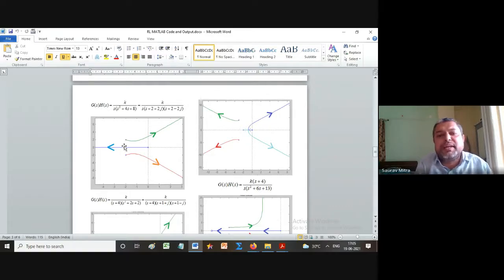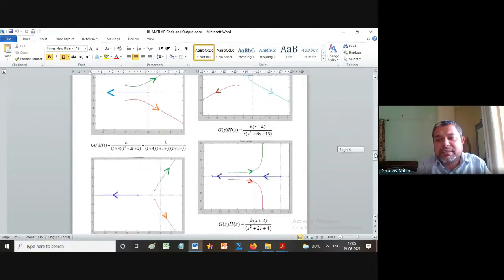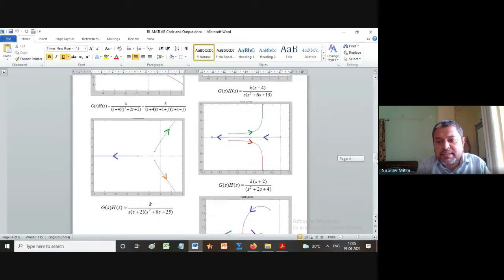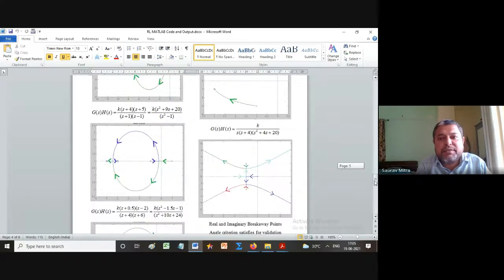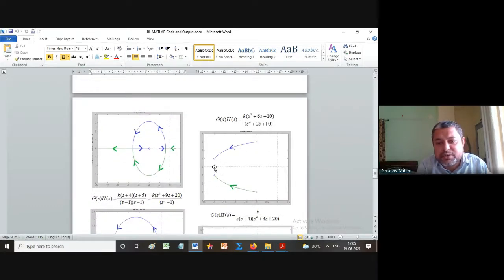In this case you find that this is a set of complex conjugate poles. So this is the angle of departure and this is the angle of departure. These are the angles of departure you have to calculate. And if there is an imaginary 0, I will show you the last thing. You can see there is an imaginary 0 and there will be an angle of arrival. Imaginary means real and imaginary part. It is like this: s square plus 6s plus 10, that means a plus jb. So these are the 2 zeros, and s square plus 2s plus 10, these are the 2 poles.